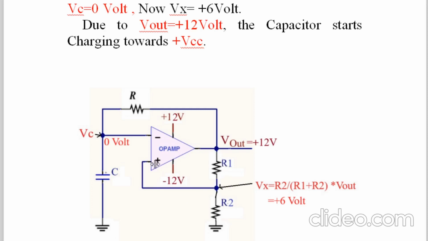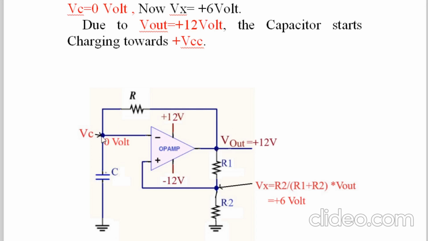So this point will be at how many volts? 6 volt. So that you have to remember, because here we have written 6 volt. So this directly goes over here. Here I have not written 6 volt to avoid complications. So here it is written 6 volt. So this goes here. So this is one thing that happens initially when it is 12 volt. Second thing, this 12 volt we connected to the capacitor through the resistor R.